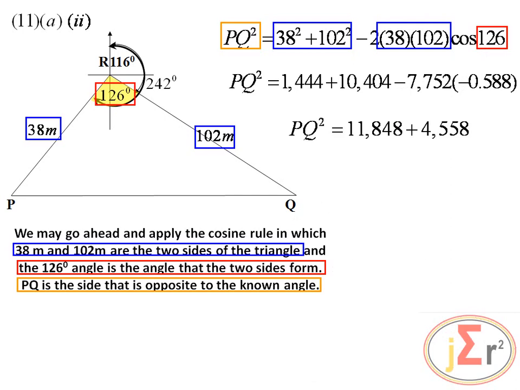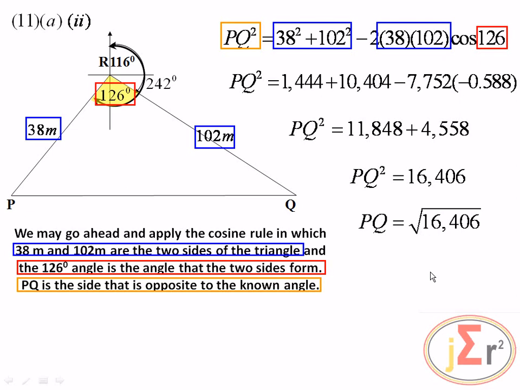So PQ squared is equal to 11,848 plus 4,558. And as I said before, it is a matter of arithmetic manipulation from here on. Now we have PQ squared is equal to 16,406. Therefore, PQ is equal to the square root of